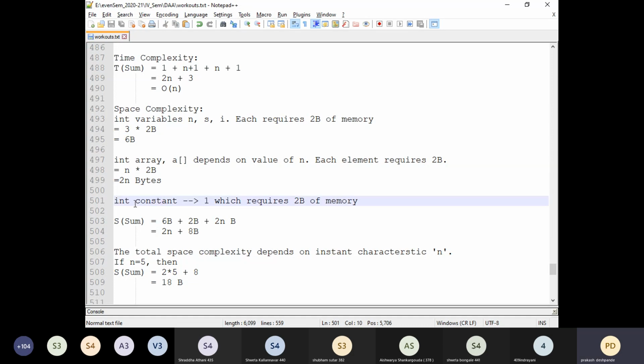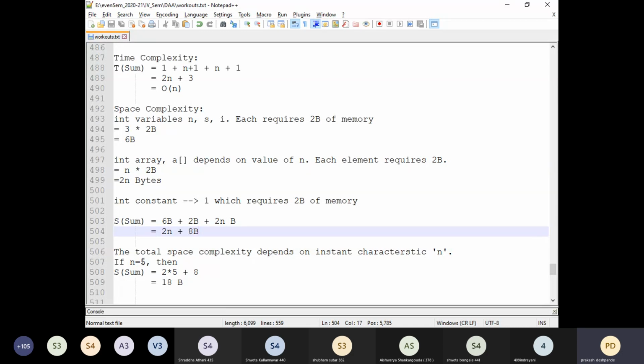Then we looked at the constants, and we figured out that there is only one constant in the algorithm, which is 1. Its data type is integer, which requires 2 bytes of memory. So the total is the sum of these three terms: 6 bytes, 2n bytes, and 2 bytes. If you add it together, we get 2n plus 8 bytes as the total number of bytes.